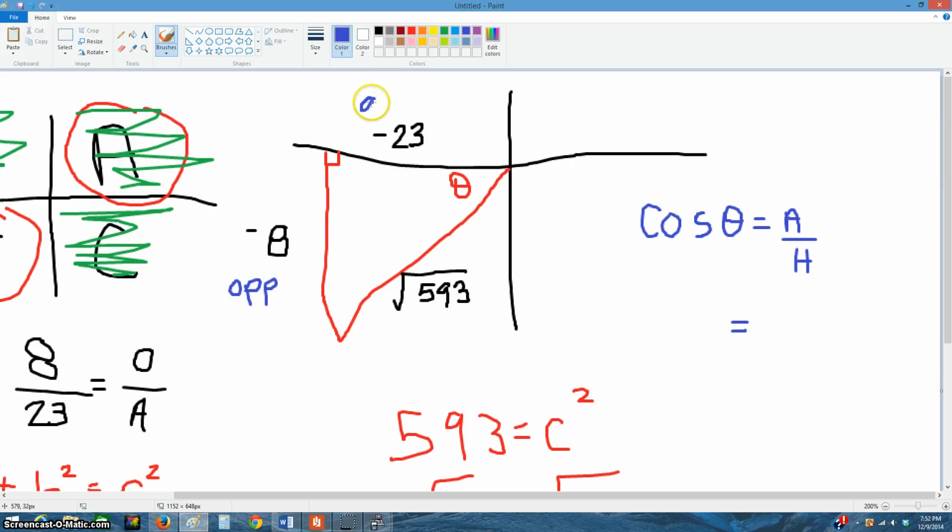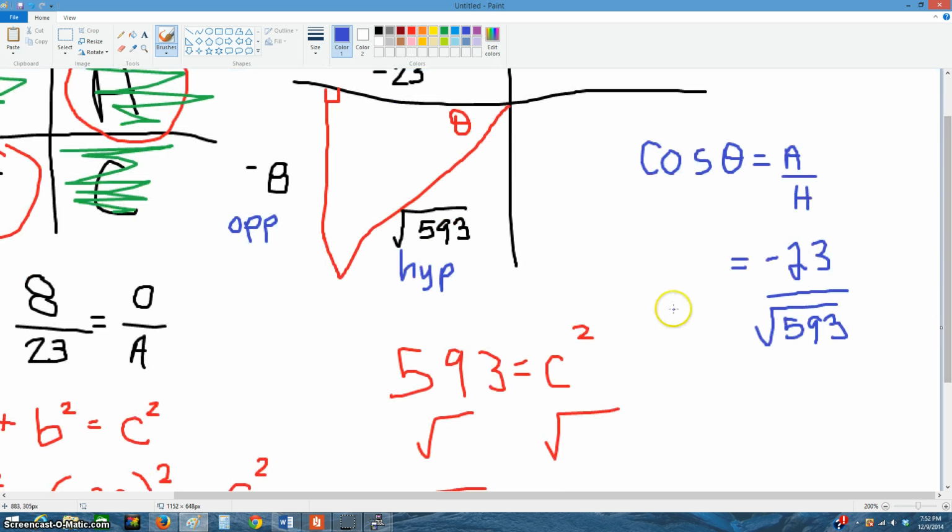This was adjacent. And this was hypotenuse right here. Okay, so if we label correctly, adjacent is negative 23 over radical 593. Okay, so that is the appropriate cosine,